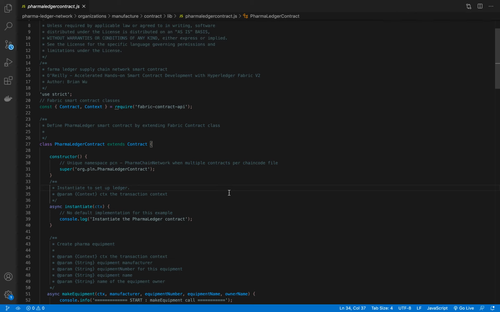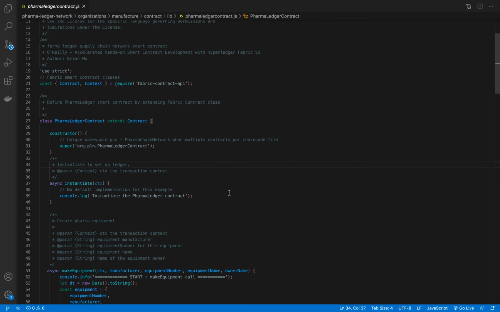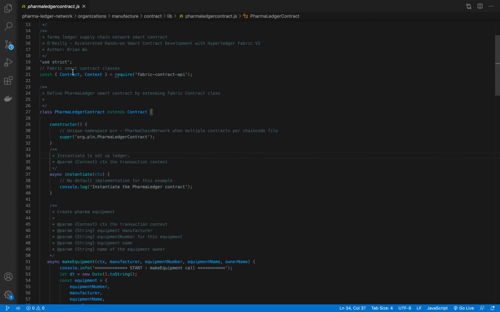So this is how a general smart contract file looks like. First line is contract. As we have told, Fabric Contract API provides the contract interface, and it has two critical classes that every smart contract needs. One is the contract and the other one is context. So the